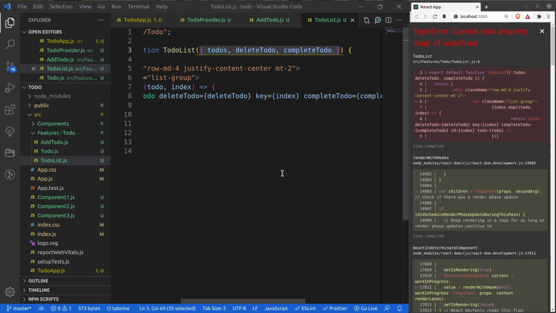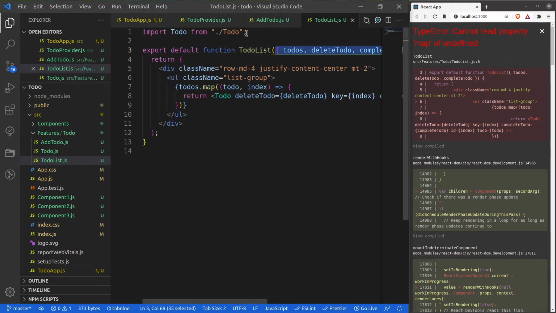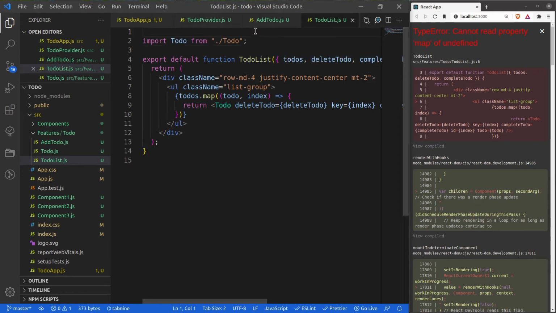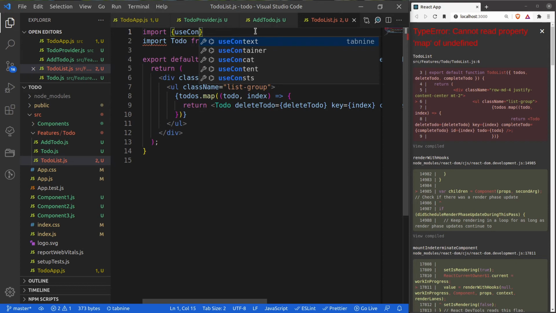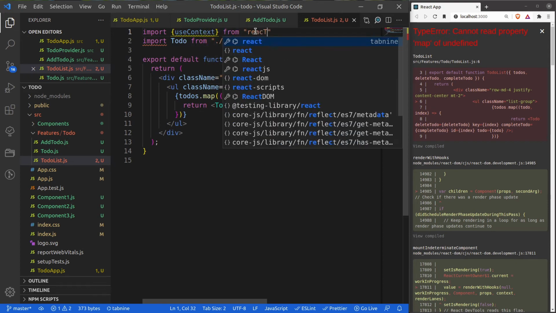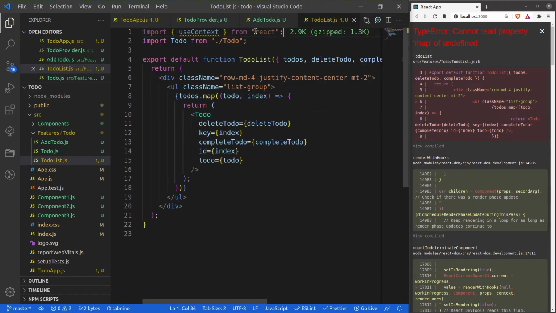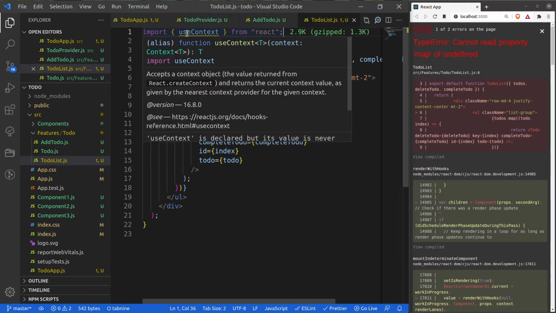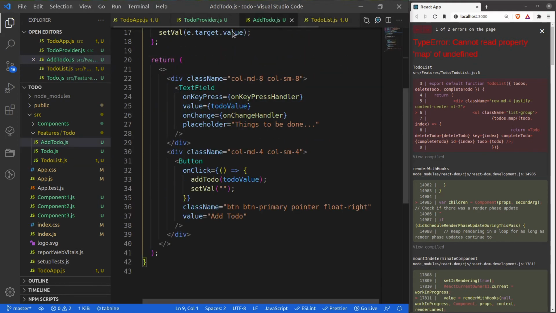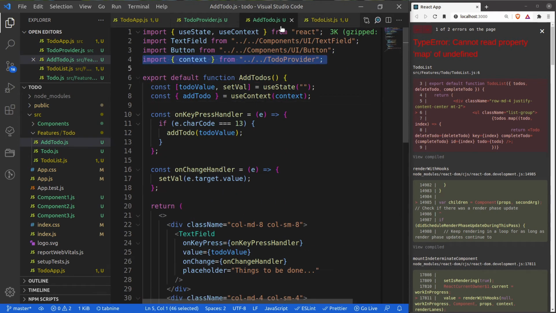So now I am again going to use my useContext hook. Import useContext from React, all right, and then let me copy it from here actually instead of typing.